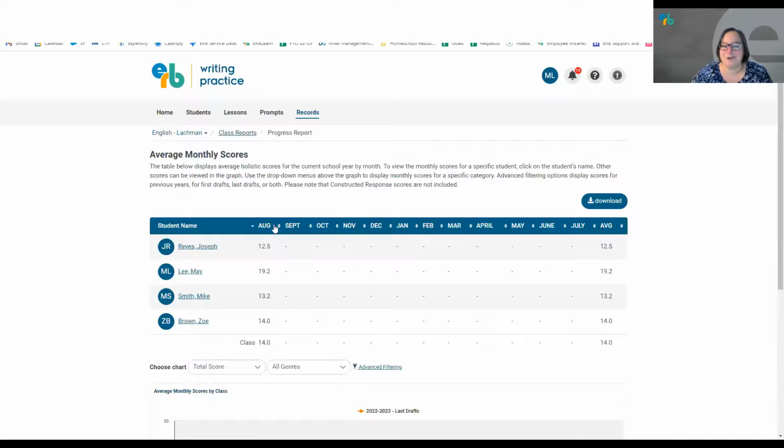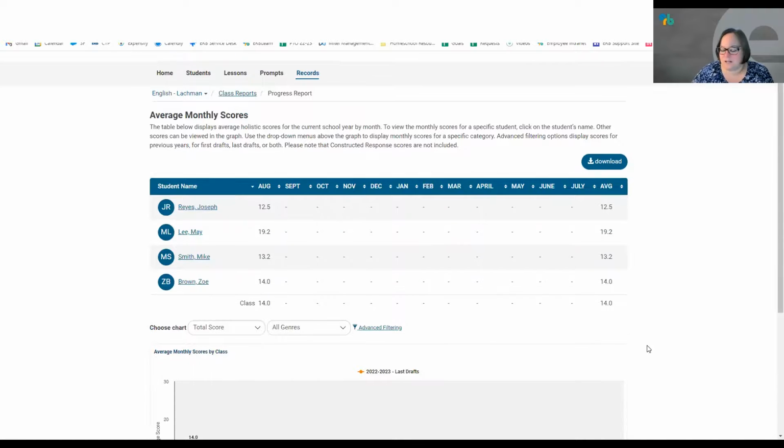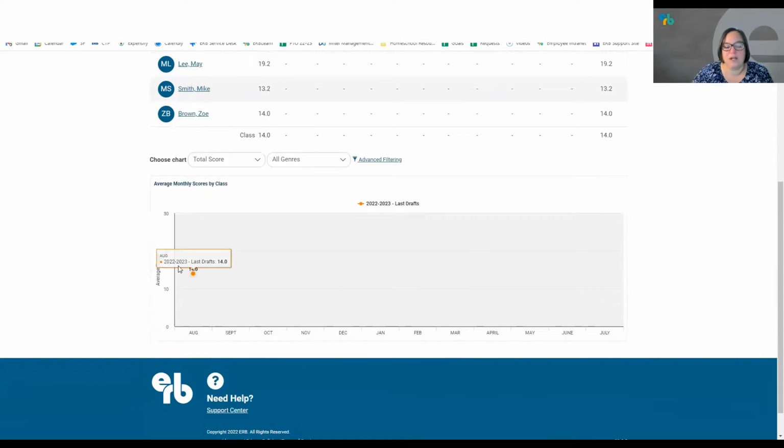There's also reports like this average monthly scores. Keep in mind that it is only August right now, so this will fill in over the course of a year, but you can watch both individual students and class average scores throughout the year to see the progress that kids are making. That's an example of a report that would be available. And again, you can also see it on a graph, which can be really helpful in explaining the progress that you've made as you think about the year and areas that you might like to improve in.